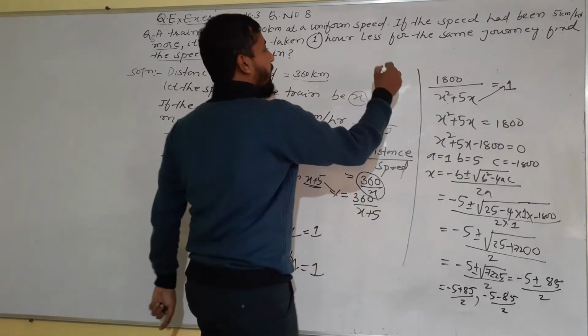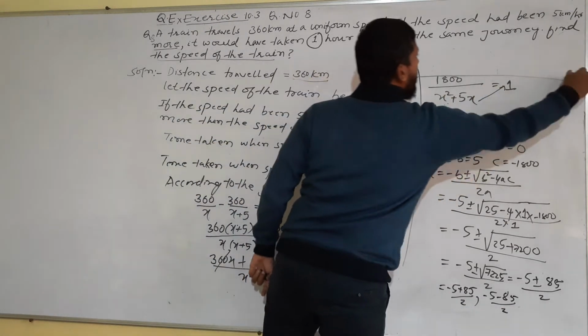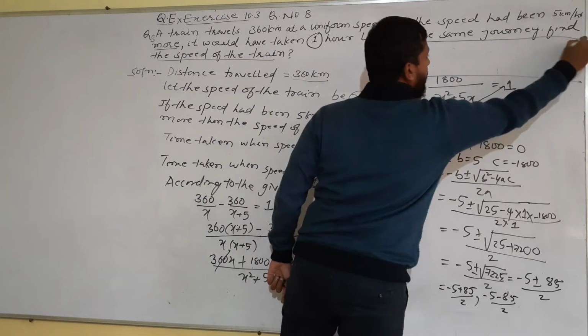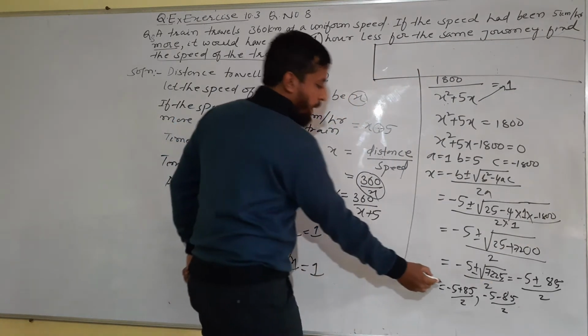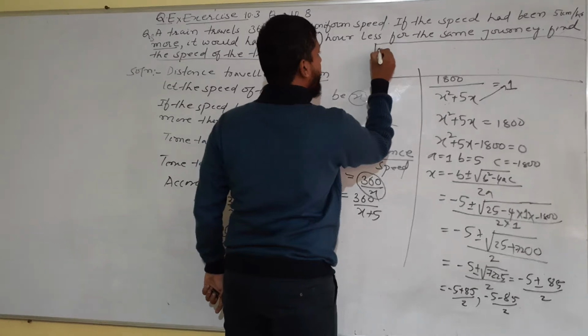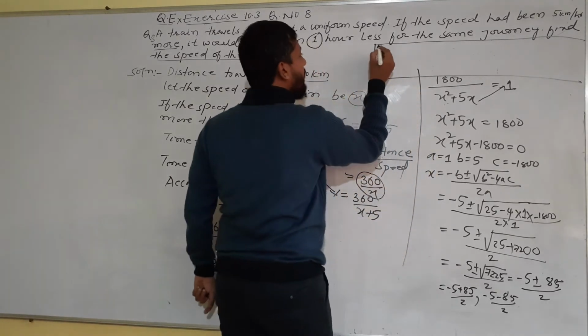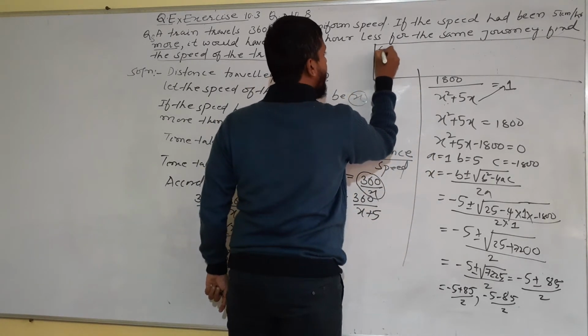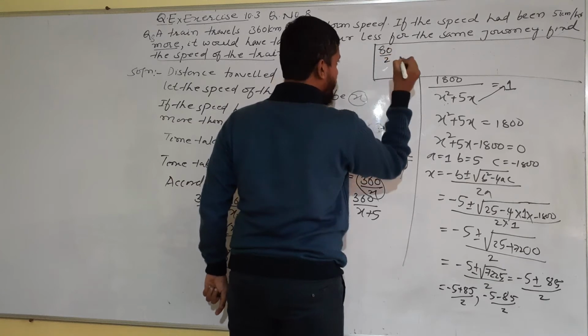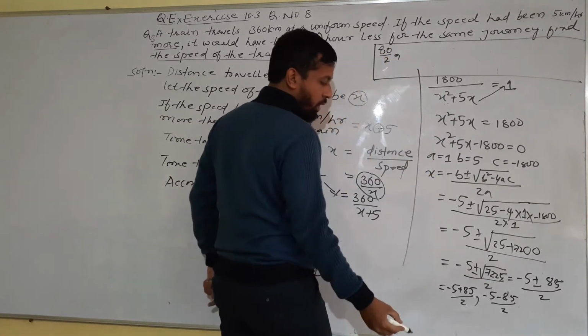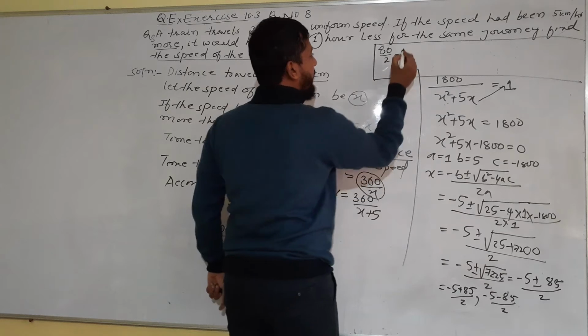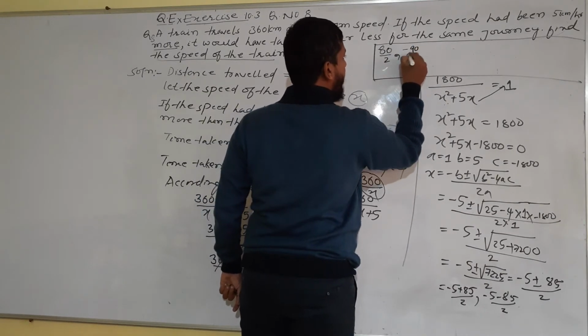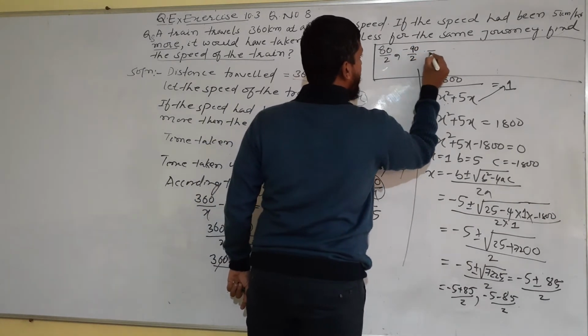Now I will solve it here. Minus 5 plus 85 is plus 80 divided by 2, comma, minus 5 minus 85 will be minus 90 divided by 2, which is equal to,